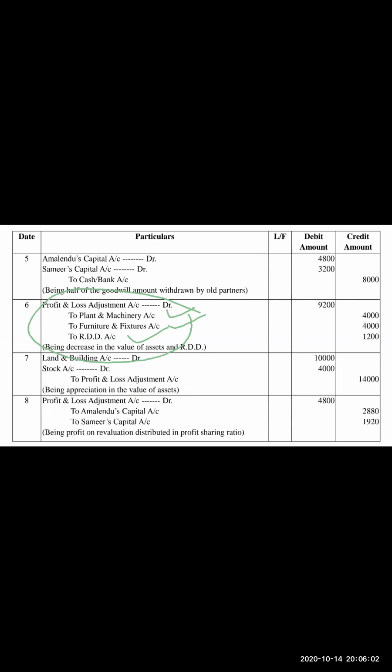रहा था और आरडीडी क्रिएट किया था डेटर पे, तो ये तीनों चीजों ने एसेट का वैल्यू डिक्रीज किया। दैट्स व्हाई कंबाइंड एंट्री हैज बीन पास्ड। इट विल बी प्रॉफिट एंड लॉस एडजस्टमेंट अकाउंट डेबिट टू प्लांट एंड मशीनरी, टू फर्नीचर, टू आरडीडी। तो तीनों का अमाउंट यहाँ पे मेंशन किया है। 4,000 डिक्रीज हुआ था प्लांट एंड मशीनरी का, फर्नीचर का 4,000 डिक्रीज हुआ था और आरडीडी कितना निकाला? 1,200। तो तीनों को एड अप करने के बाद टोटल इज 9,600, राइट।